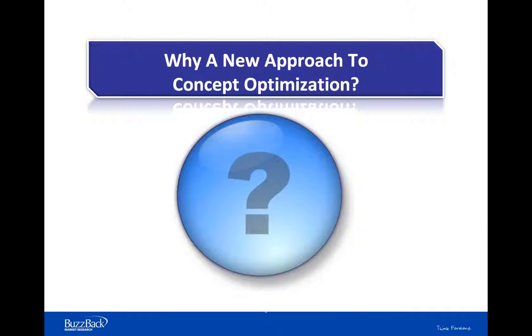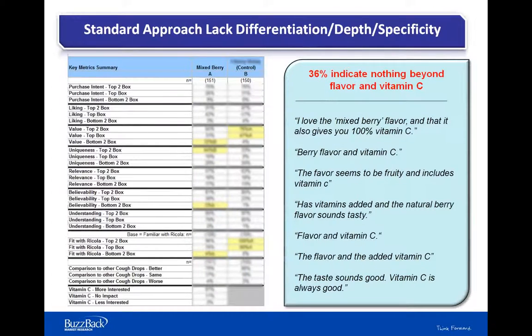So the basic question is, why do we need a new approach to concept optimization? For us, it comes from doing over 10 years of concept research and finding that we continually want more information on how we actually improve these concepts, not just getting a read on how good or how bad they are. For instance, the concept we're going to be showing you today, when we tested it in traditional venue, the key metrics came back and told us for the most part not a whole lot of statistical differences from our benchmark that we use for testing the concept.